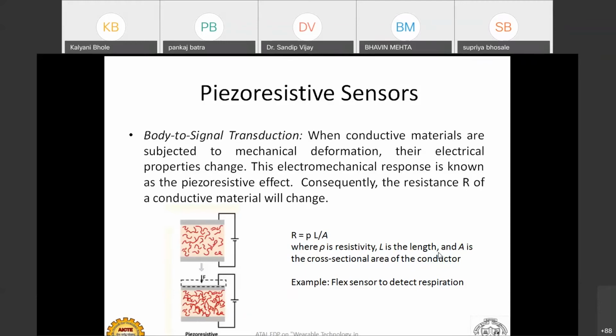Now for this type of measurement, if we use a flex sensor, we'll apply the sensor on the knee, and ask the subject to bend or move the leg, and observe the signal which is coming. So this gives us a measurement of the angle, the motion, and the flexibility by using flex sensors. This is one example I have shared. For this type of application, piezoresistive sensors are used.